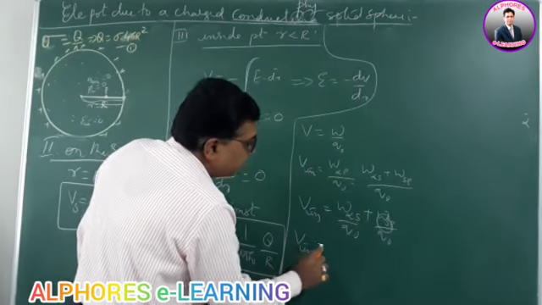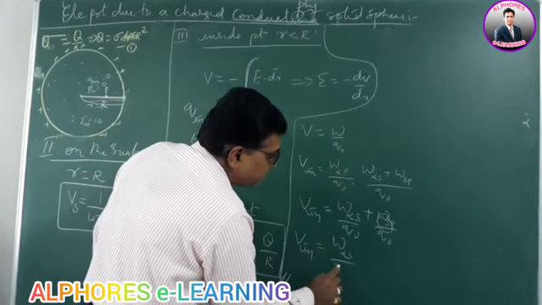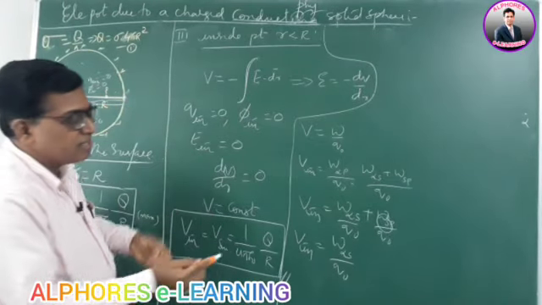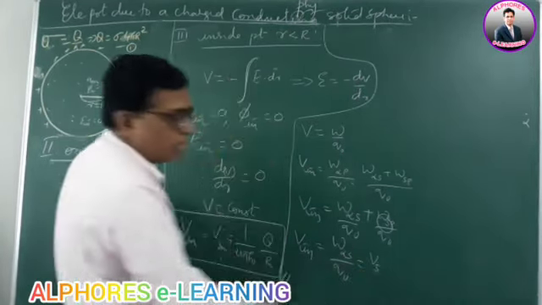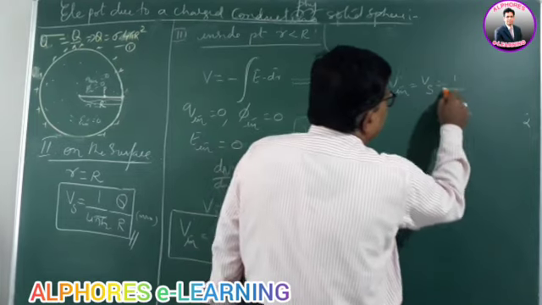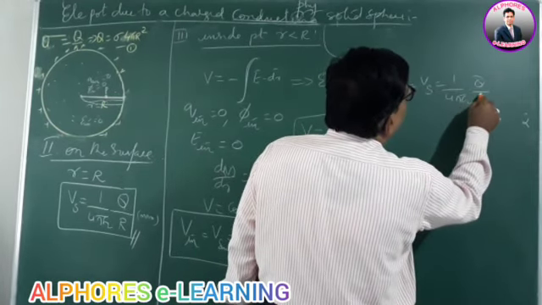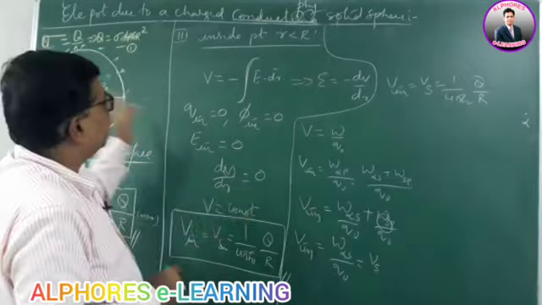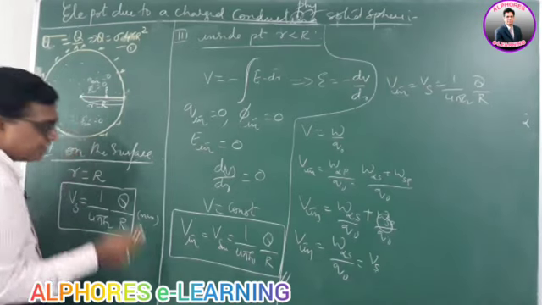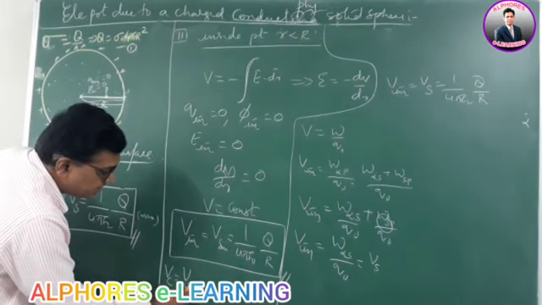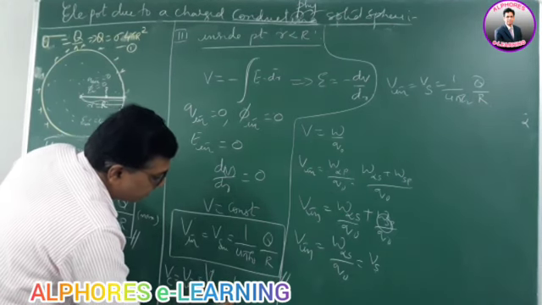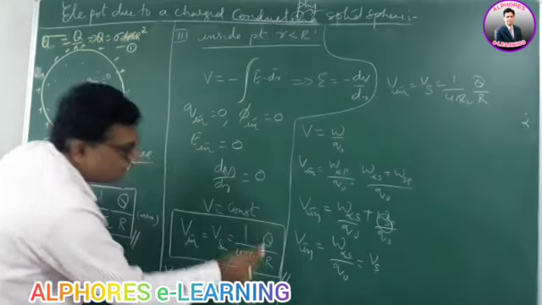So the potential at an inside point is the work done to move from infinity to the surface by q naught. But you know, the work done to move from infinity to the surface by q naught is nothing but the potential on the surface. Therefore, the potential at any inside point is the same as the potential on the surface, that is 1 by 4 pi epsilon naught q by R. At any inside point the potential is the same as on the surface. How about the center? Yes, the potential at the center is the same as at any inside point, or at the surface, 1 by 4 pi epsilon naught q by R.